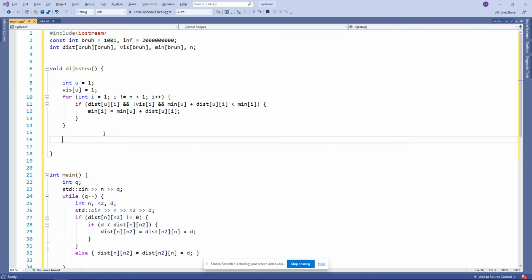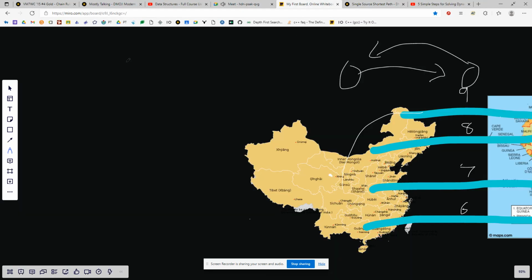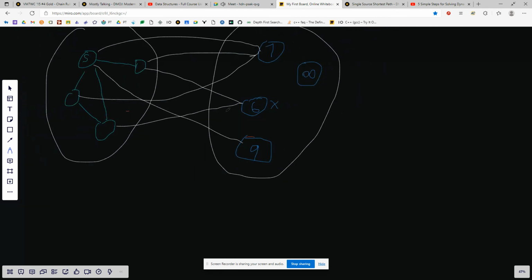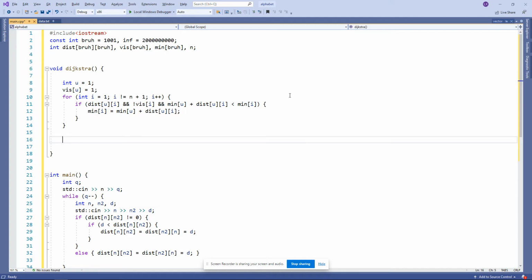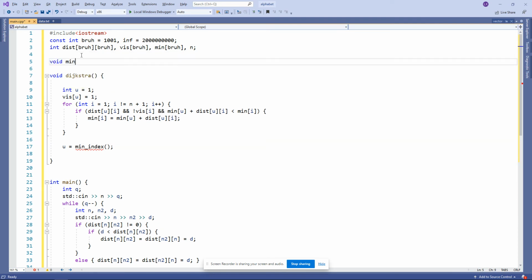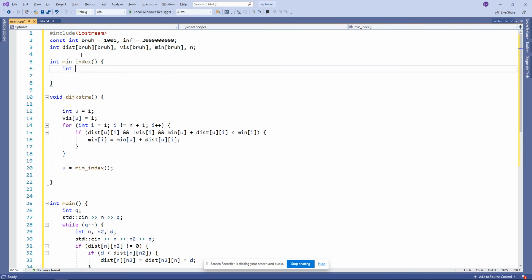And then what we're going to do is select another one from the unvisited set. So let me pull up my whiteboard. When we have a source node, we have updated all of its neighbors, and then we'll be looking at the shortest one of all of them. So we're going to actually need a function called min index, which gives you the index of the minimum node. So let's create that up here. Void min, int min index. And we're going to have an int m